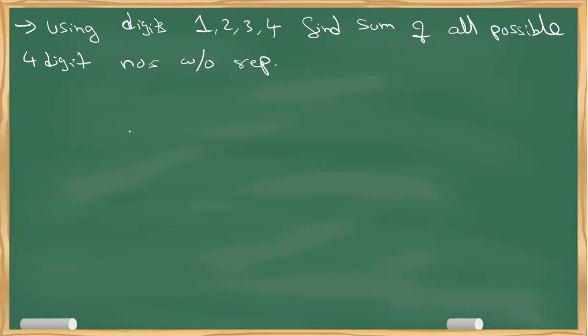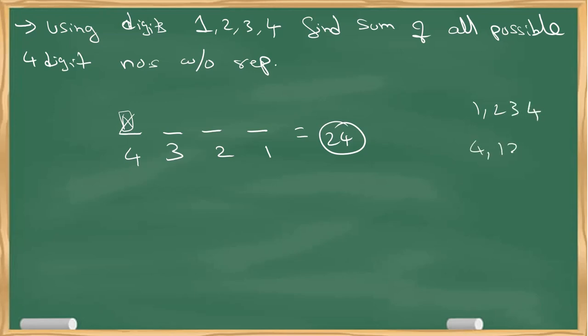Clear? Okay. Now, how many 4-digit numbers do I get using 1, 2, 3, 4? So 4, you can start from anywhere. So 4 possible ways. One digit is gone without repetition. So 3, 2, 1. So 24 four-digit numbers I'll get. What are those? 1234, or I can have 4123. Like this, I have 24 four-digit numbers. You have to add those 24 numbers and tell me the answer. That is the question they're asking. 24 is not the answer. You have to tell me the summation of those. Hope I'm clear with my point.